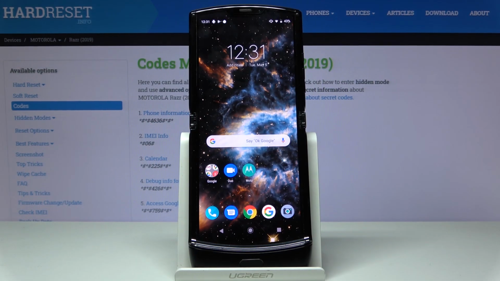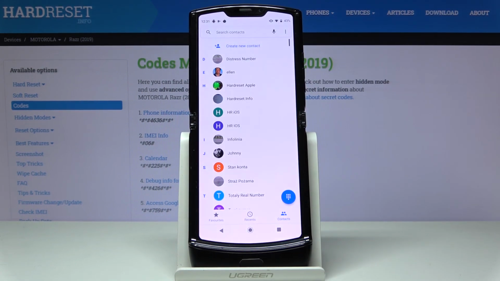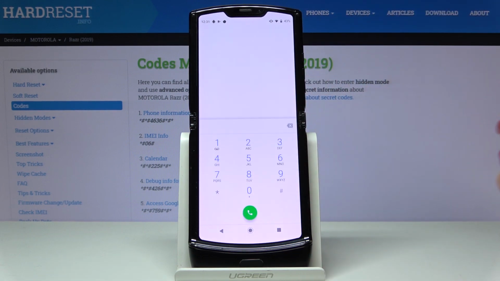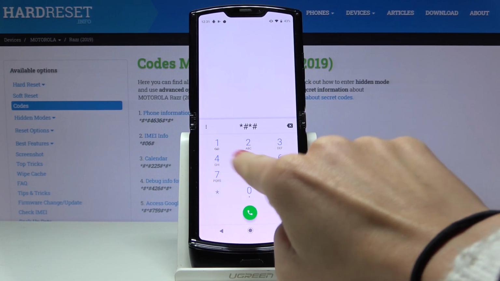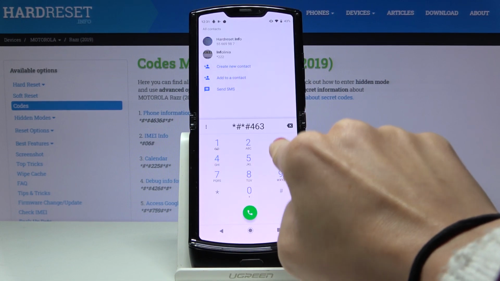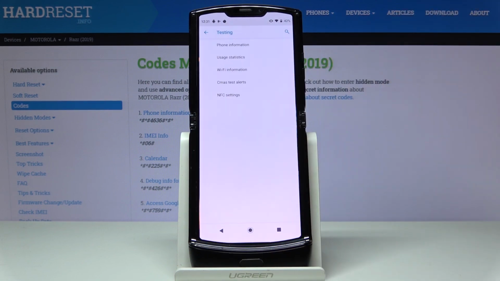Here I've got a MOTOROLA Razr, and let me show you all the secret codes that you can use on this device. At first you have to open your phone dialer, and let's go to the keypad. We can start with the first code, which is *#*#4636#*#*. And as you can see here, you can test your device, so you can check the phone information, user